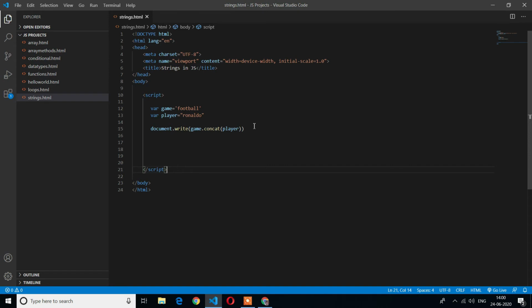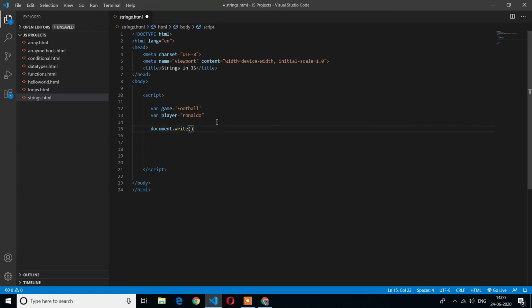Now we will see how to convert a string to lowercase or uppercase. First I will place both lowercase and uppercase letters in the string. Here the first letter is F and all the remaining letters are small. Now I want to convert the complete game string to uppercase.